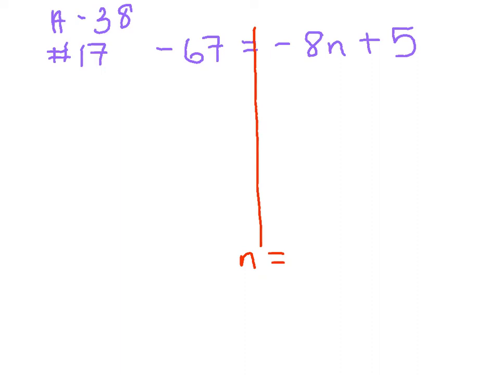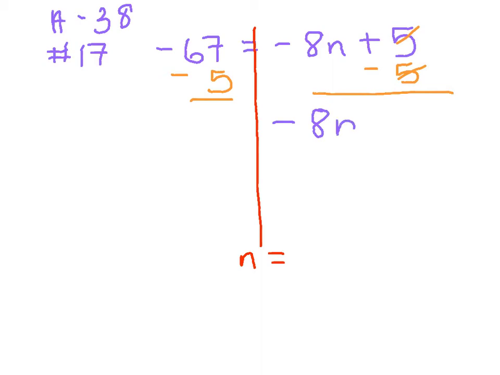So as I look at this, the first thing I remember is I undo it in the opposite way. So the first thing I'm going to do is I'm going to get rid of this plus 5 that's on the same side of the equation as the n. So to undo a plus 5, I'm going to subtract 5 from both sides of my equation. And when I do that, those 5's cancel, and I'm left with a negative 8n on this